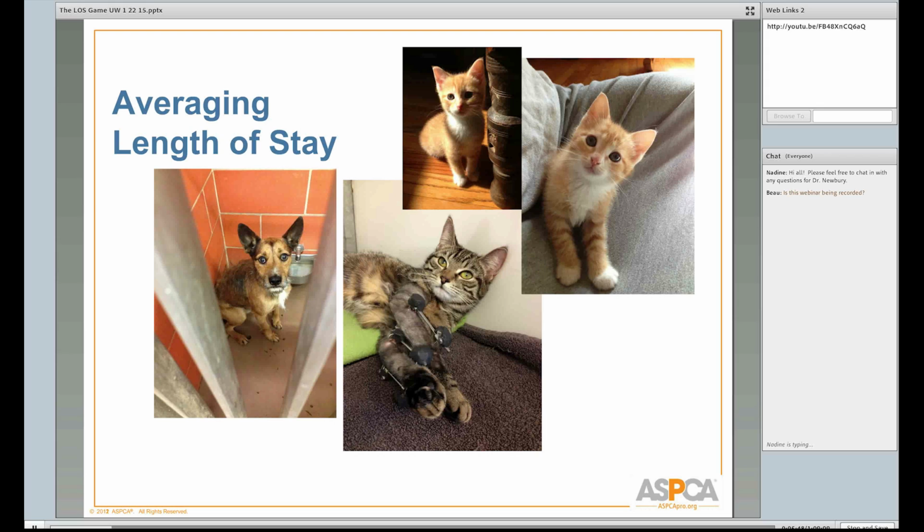And so when we use the average, what we're talking about is the combination of all of that. But what we understand is that anytime we save care days on one animal, we can theoretically spend those on another animal if we're doing a good job of budgeting our care days, and we'll talk about that.